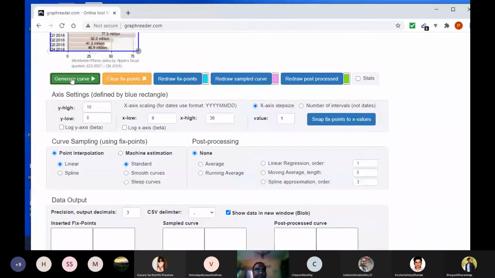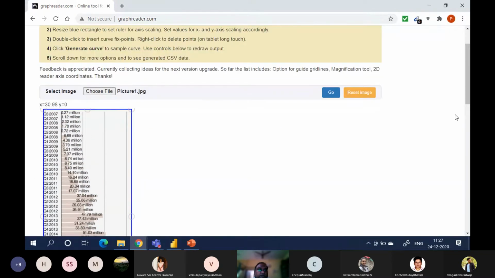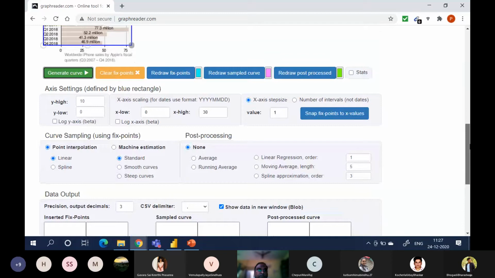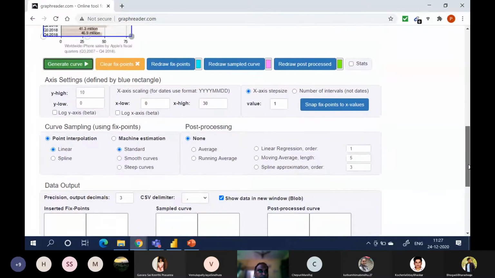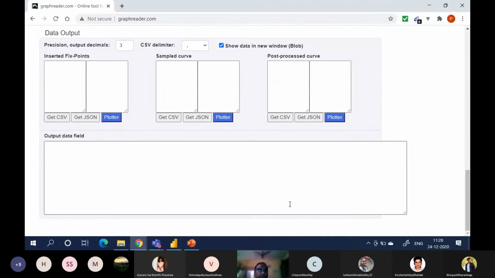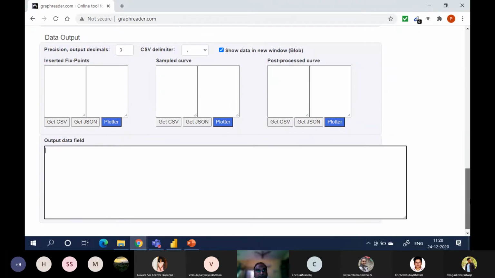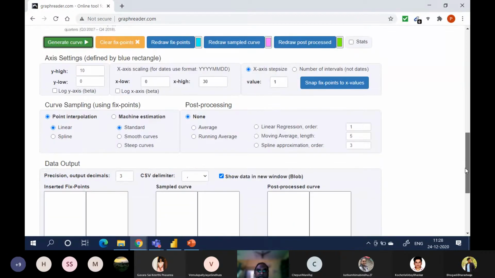Let us say generate curve. I'm saying generate curve. Anybody got output?